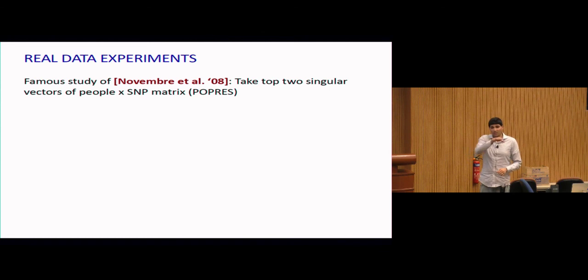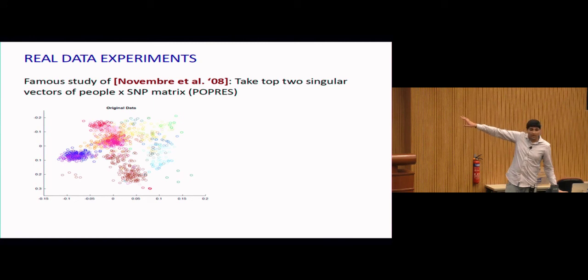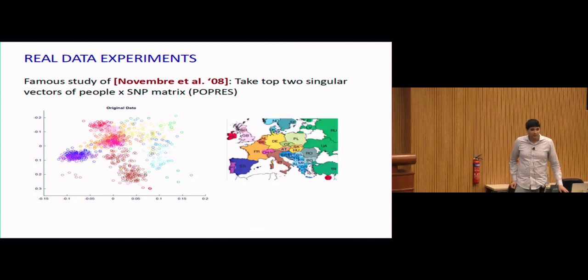So this matrix is people by SNPs. SNPs are the locations in which you have genetic differences. They took this gigantic matrix of people versus genetic information, and they took the top two singular vectors of the matrix. And what you then do is you project the data onto those two singular vectors. And this is what they got, where they've color-coded each of the people with where they're from, what their country of origin is. So what we're really doing is looking for the two directions of largest genetic variation, and it turns out that what you get is actually the map of Europe, which is kind of amazing.